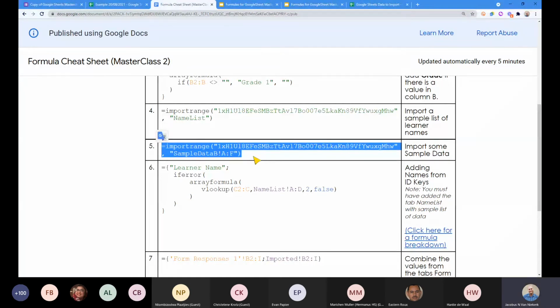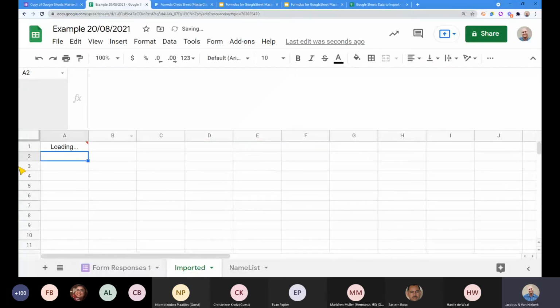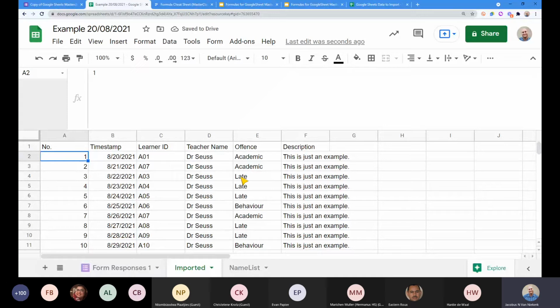Copy there, go over here, paste over there, and it'll import this information. Now, something I want to mention: when you're trying to import from one range to the next range, or from one sheet to another sheet, you have to make sure that you actually have access to that sheet.